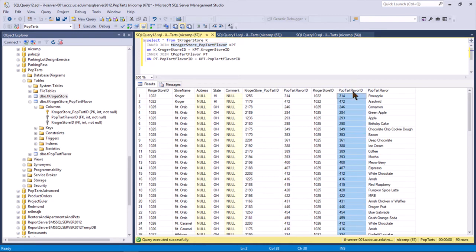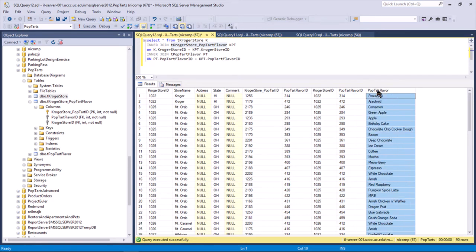The last two columns in the results set are the primary key of the Pop-Tart flavor table and the Pop-Tart flavor from that table. And we know that because our second inner join refers to the Pop-Tart flavor table. It joins that result set with the result set from the previous inner join. We're intersecting all three tables and asking for all the columns from those tables and all the rows that are part of that intersection. The natural language description of that would be